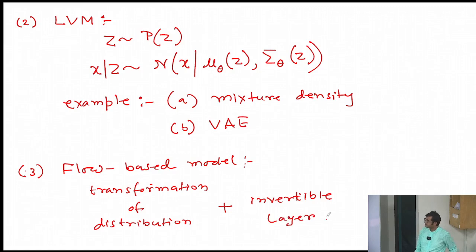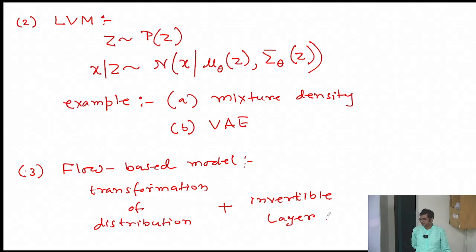Now, what are the examples? What are the things in flow-based model we talked about? We've talked about NICE. NICE is basically where the volume is preserved, which is not good actually. Then we've talked about Real NVP, where the affine coupling layer comes into the picture and the volume is not preserved. We've talked about MAF, masked autoregressive flow, and we have talked about IAF,